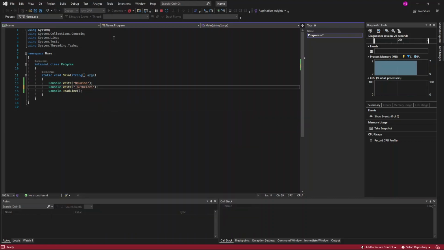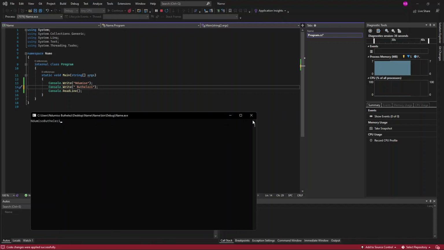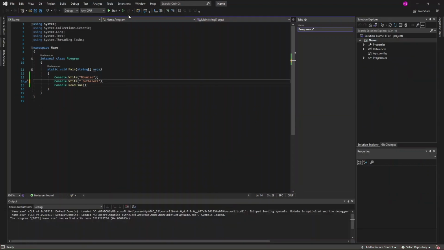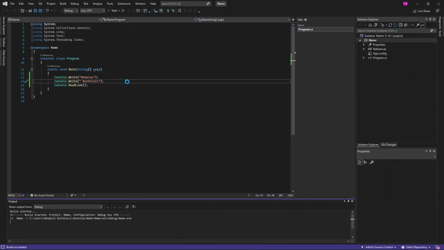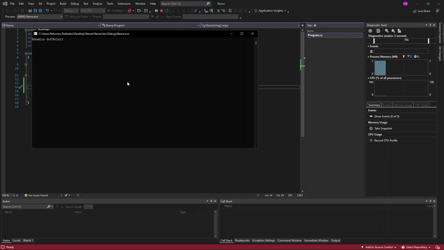Meaning that if you were to restart the program again, you will get something like this. So you see, this is just how you can mess around with code. Another way